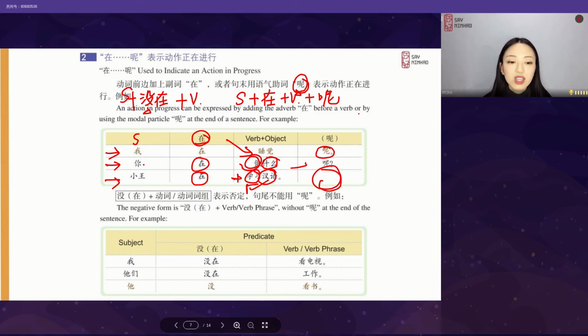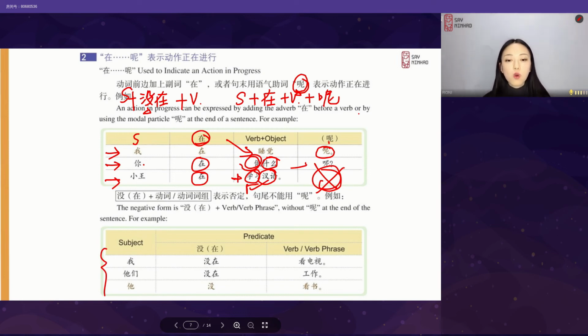So we can see 呢 can sometimes be dropped. We can get rid of it when you don't want to use it. For example, I am sleeping. I can say 我在睡觉呢 or I can just say 我在睡觉 without 呢. And for the question 你在做什么呢, what are you doing? I can also remove the 呢. It is also right. 你在做什么？